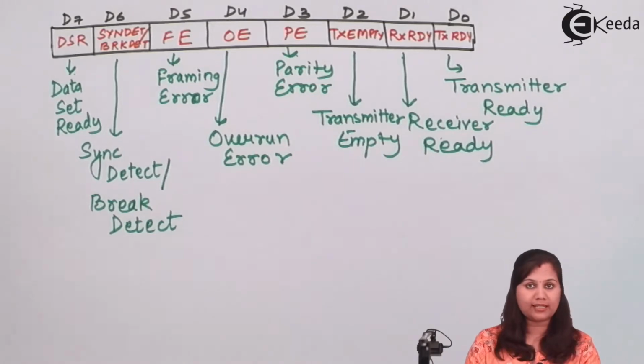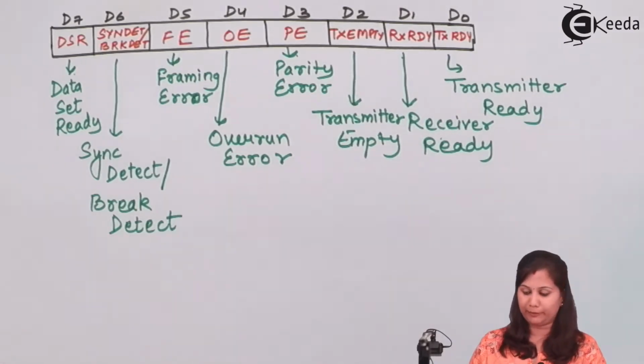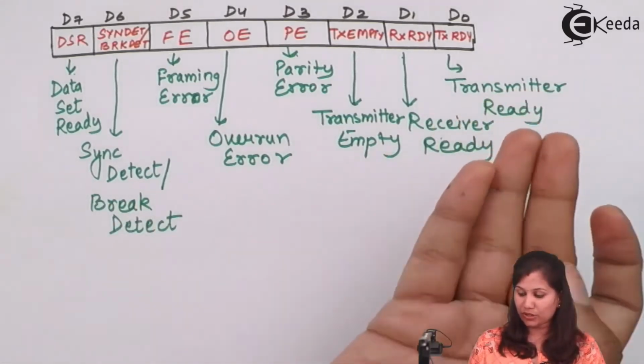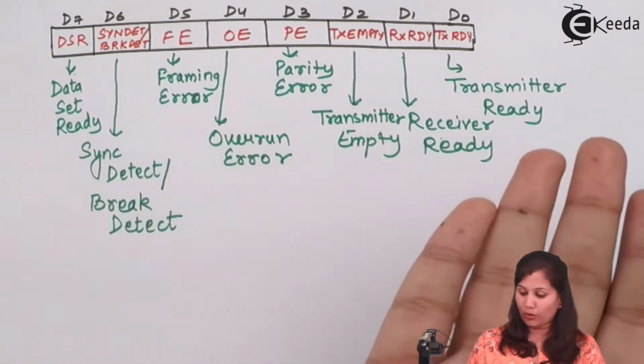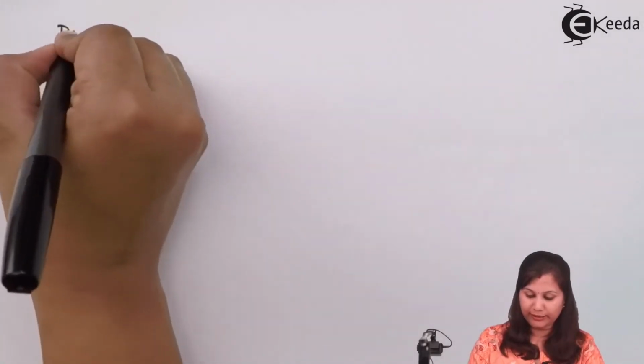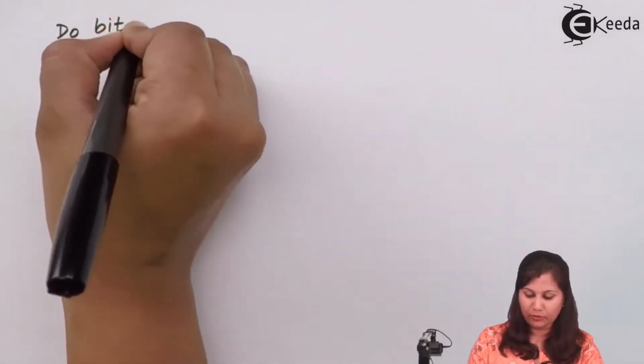So through this status word, the microprocessor can read the status or the internal conditions of 8251. Now let us study the function of these 8 bits, D0 to D7. Let us first start with the D0 bit,